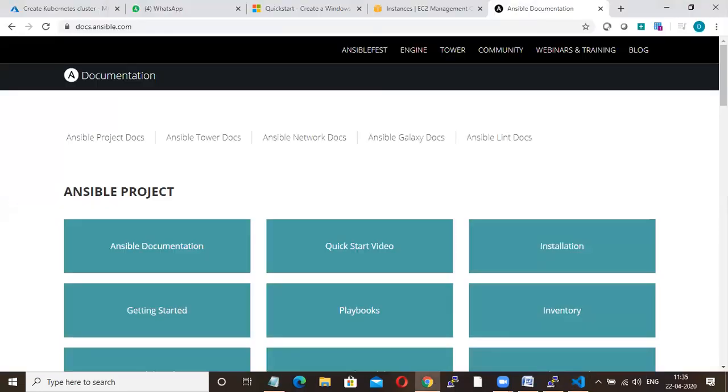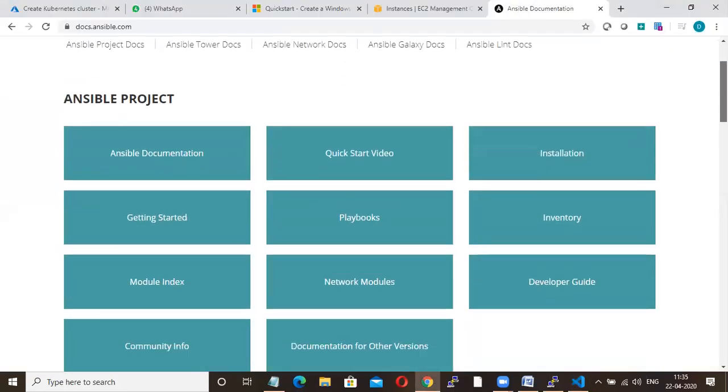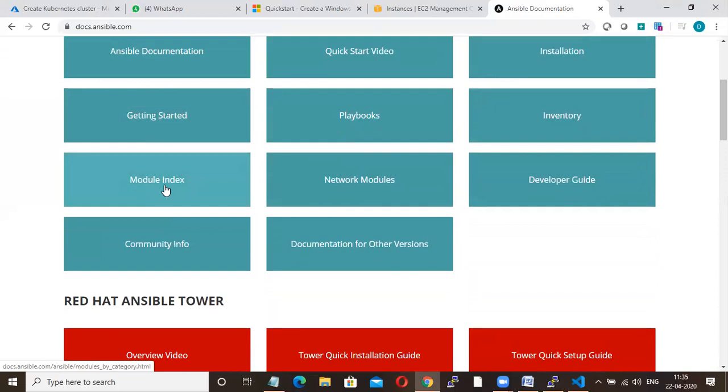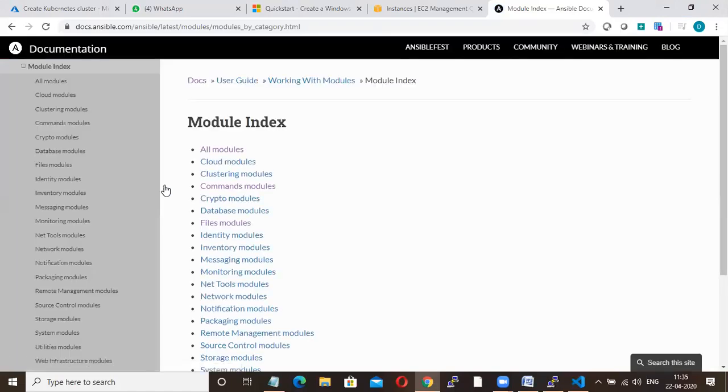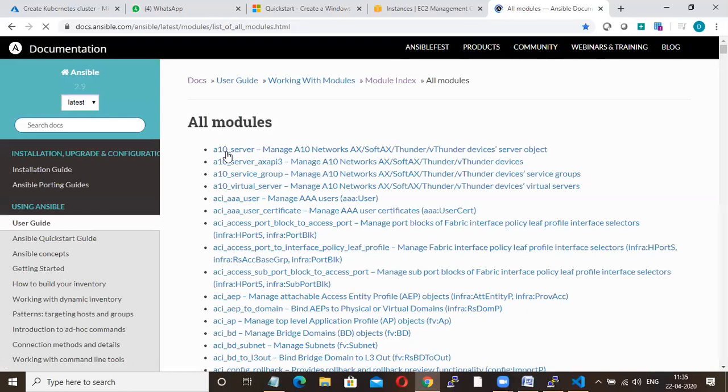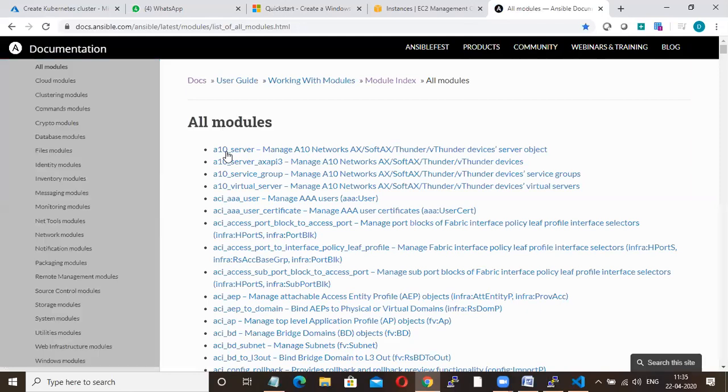go to the official website. Here you will have module index. Okay, and go to all modules. So all modules.